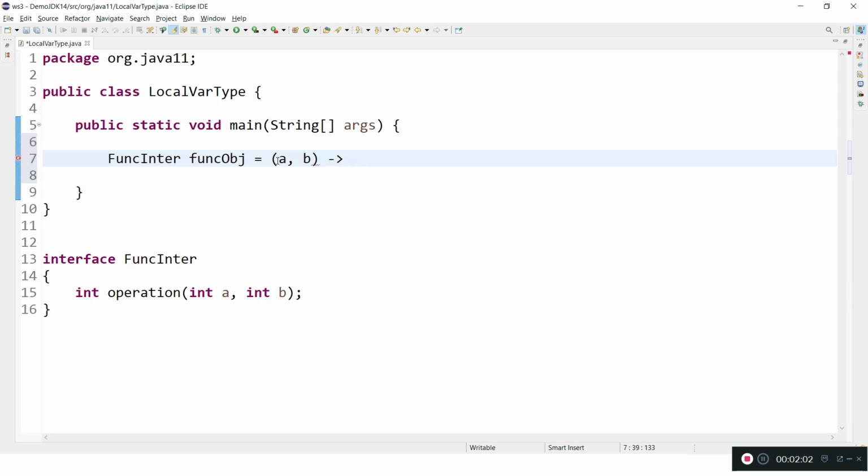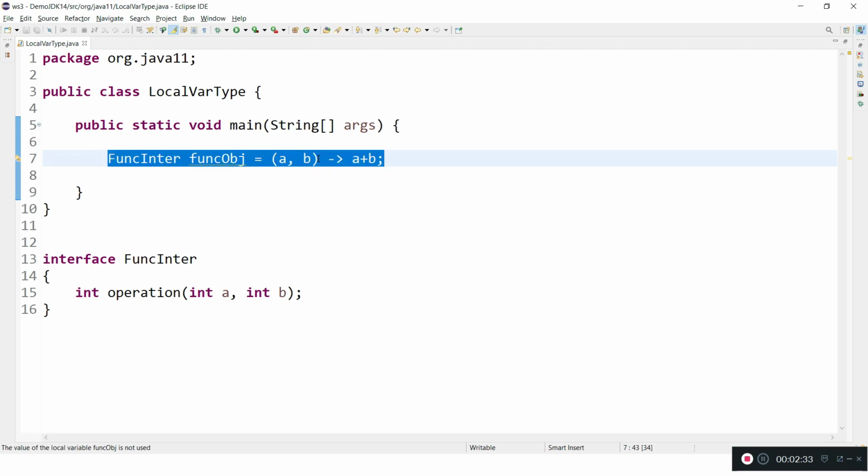On the right hand side we write our business logic, which can be multi-line or single line. I am writing a single line, returning the value of adding the two variables. So simply we can write it like this and it will be returned. This is how we implement the lambda expression from the interface.